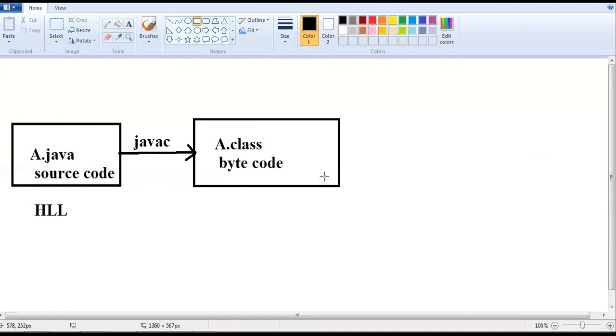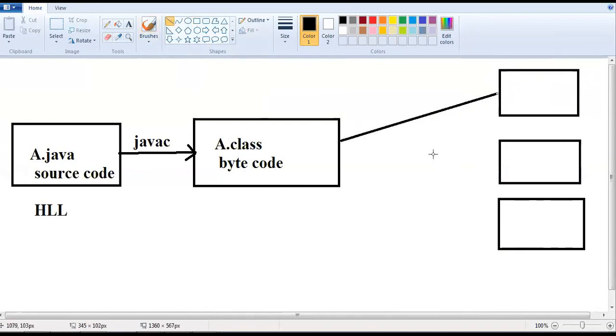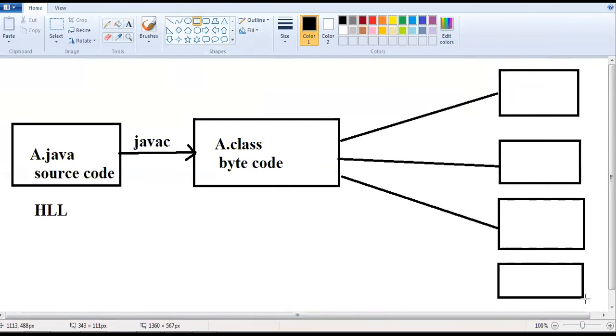The Java compiler is the same, but the JVM is platform dependent. For Windows there will be one JVM, Java Virtual Machine. For Linux, one JVM. For Mac, one JVM. For Solaris, one JVM. Different JVMs will be there. Each converts to the native code of that OS.